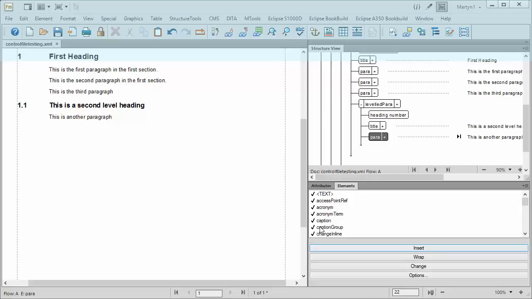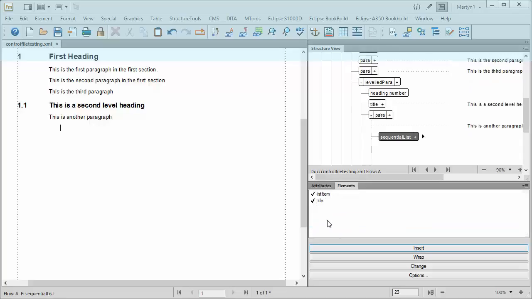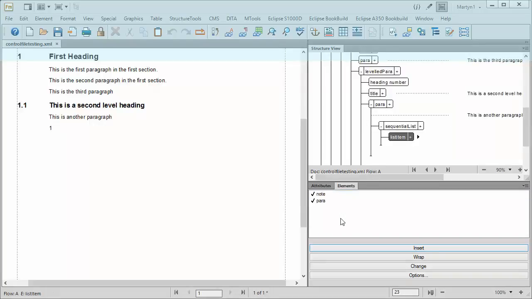Now what I'm going to do now, just to make it a bit different, I'm going to insert an ordered list, and what we have to do is to find that. They call it a sequential list in S1000D. So by clicking on, I'll double click on sequential list, it'll insert a sequential list. I then have to select a list item, and because the way the structure is set up, each list item must have a paragraph or a note in. You've got the option between the two,